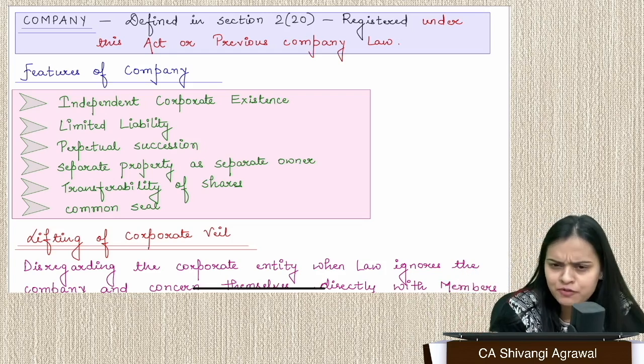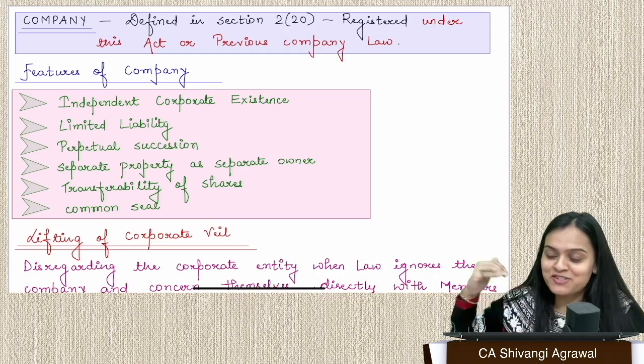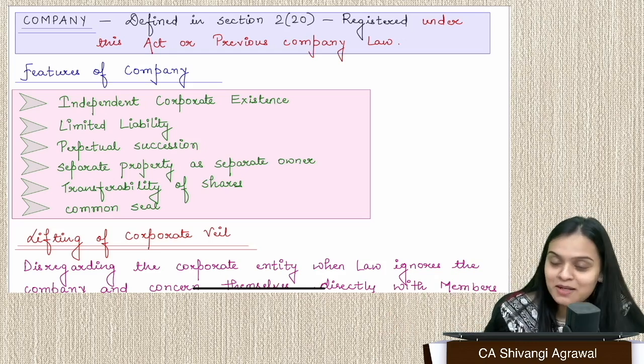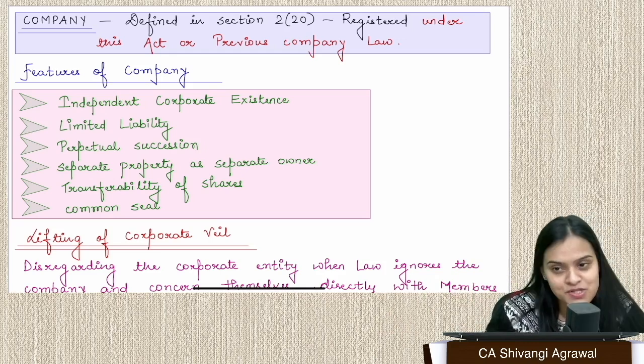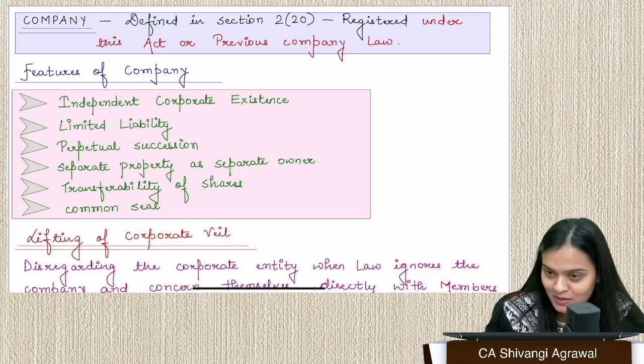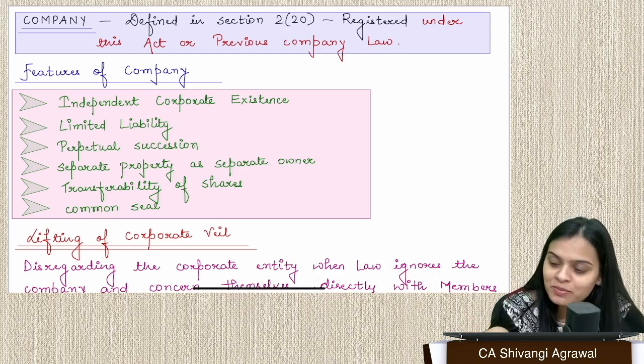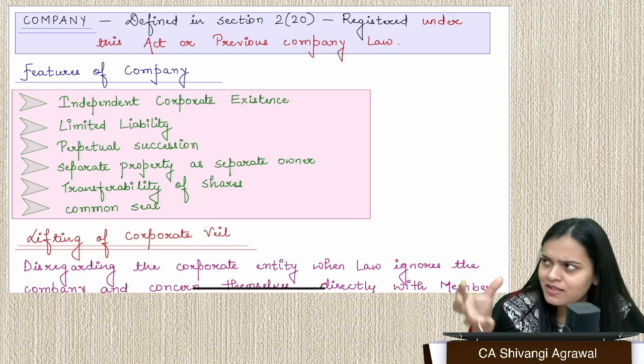Other than that, we also have official liquidators, but that is something which is not needed as of now. Now, what do you mean by company before we actually switch to Companies Act? Company is being defined in Section 2, Clause 20 of the Act. What is company? If you go by the general meaning, it is just another form of business organization, a group